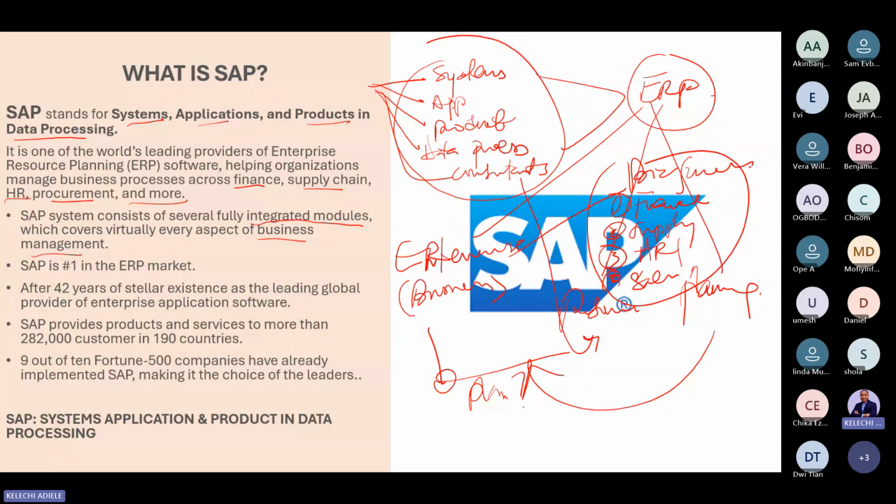In the past, procurement would be using a different system, sales would be using a different system, finance would be sitting on Excel, just like the issue we had with the company we just did a business case with. So one of the ways you help companies run efficiently and with good planning is to integrate all these functions together, such that once